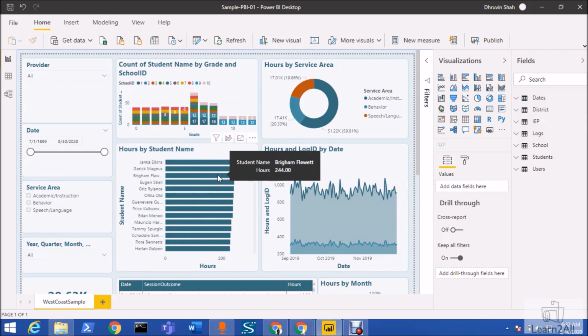Now that change doesn't reflect to all the users. So based on per user requirement, a user can make changes to a specific visualization, and that is how this personalized visualization feature works.